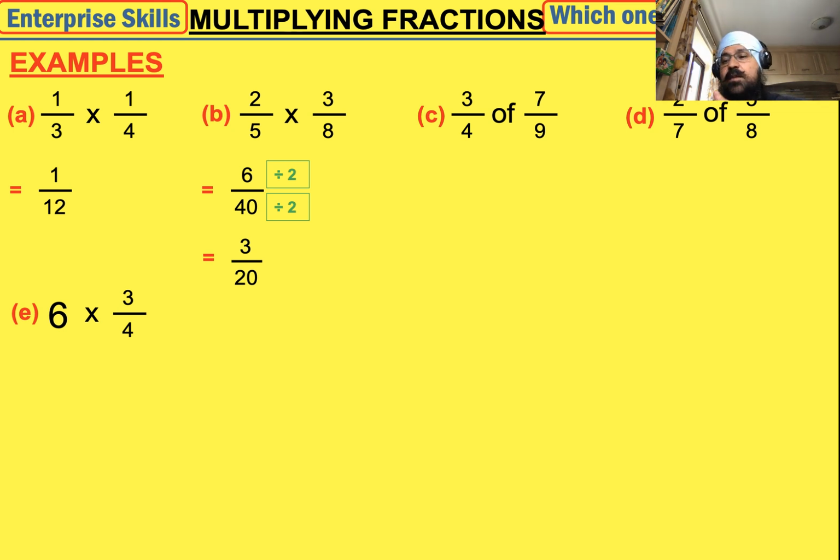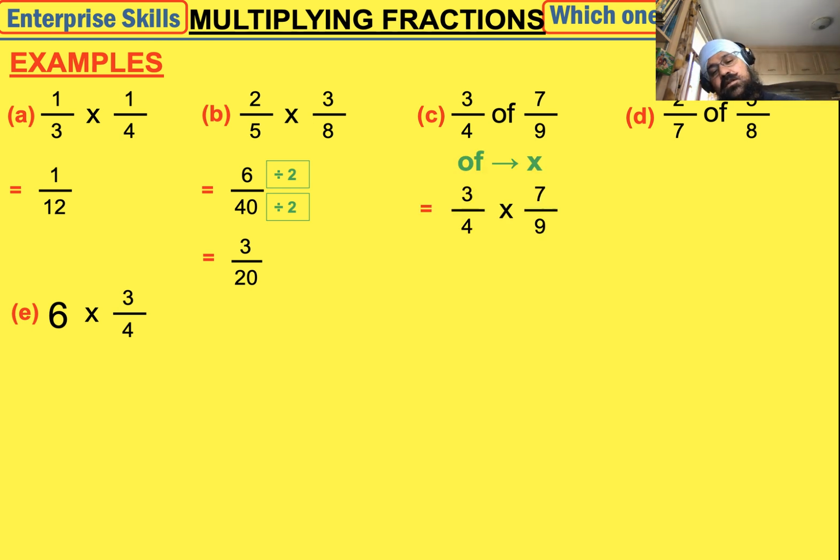Now sometimes exam questions are slightly tricky, the way they word them. This question C often comes up in the exam. It says 3 over 4 of 7 over 9. If they say of, that basically means multiply. You need to remember this, so write this in your book. Of basically means multiply. So 3 over 4 of 7 over 9 means 3 over 4